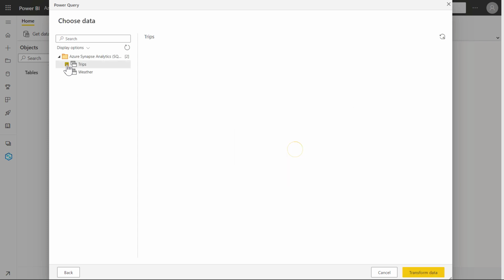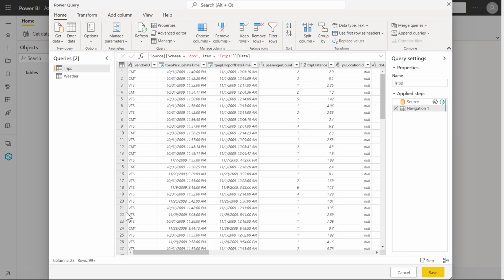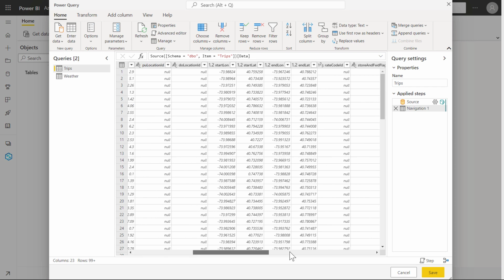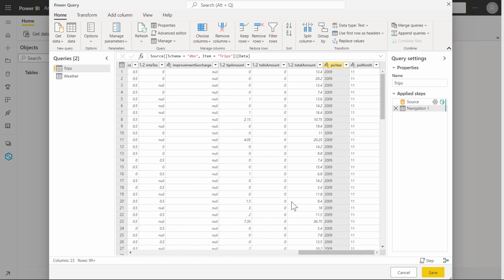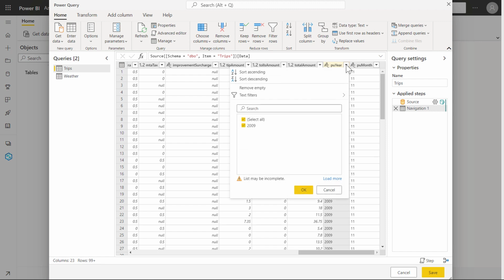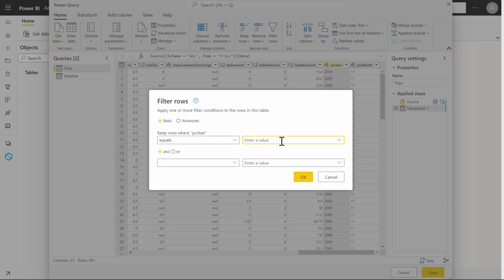I selected both of my views in the Lakehouse and click Transform Data. Now I can use a well-known Power Query user interface to transform data coming from the Lakehouse. For example, let me filter both queries by year and month. To do that, I click on the year column and choose text filters equals, and then I pick a year that I'm interested in, for example 2010. I select OK,